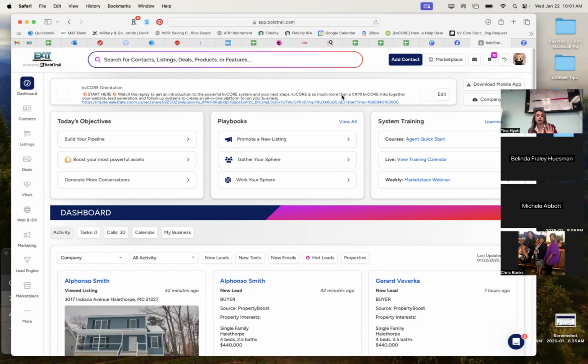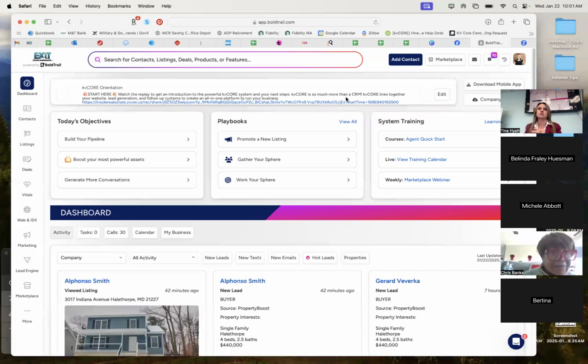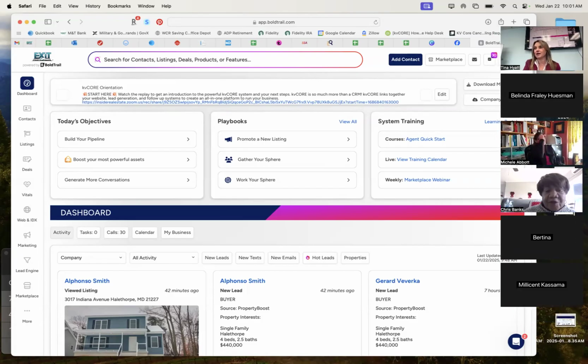It will be a beginning class: getting in and using it, putting in your database, working with segmenting your database, those sorts of things, so that you have that beginning overview of KVCore. And then each month I usually put 1 or 2 trainings on the schedule that are topic specific, because there is literally so much in KVCore. There's no way I can teach it all in one training class. So I break it up and do different things. I think last month I did KVCore social.